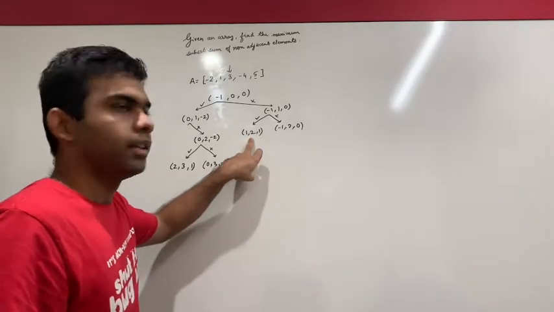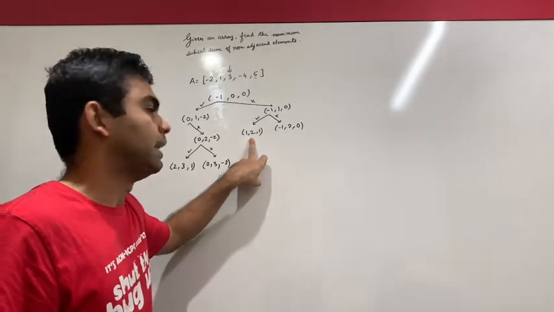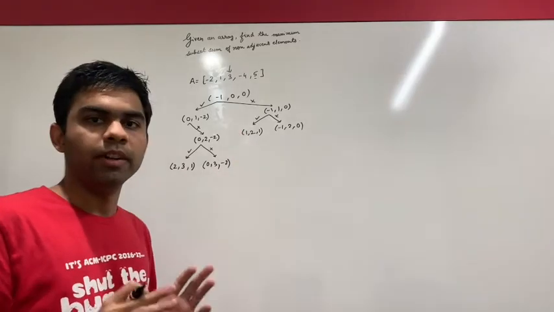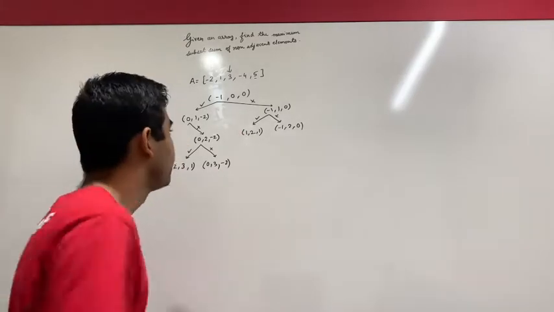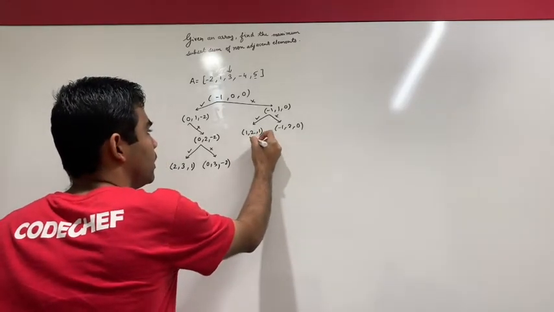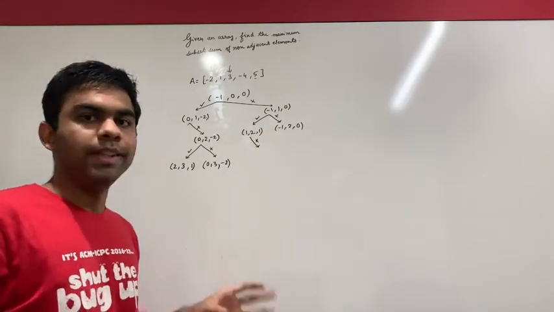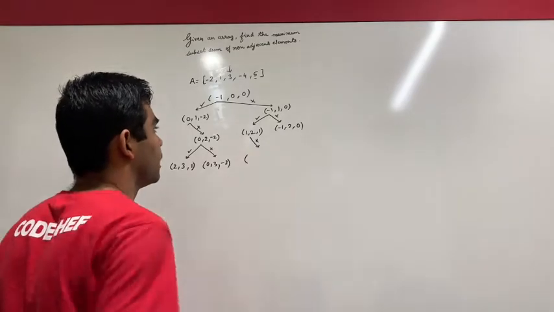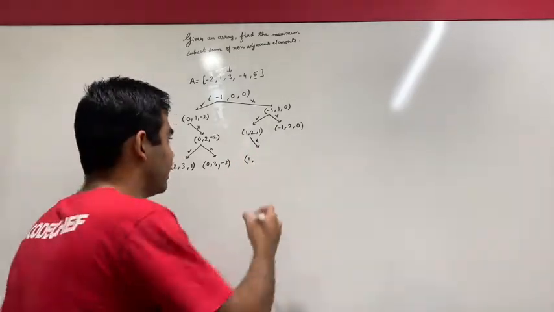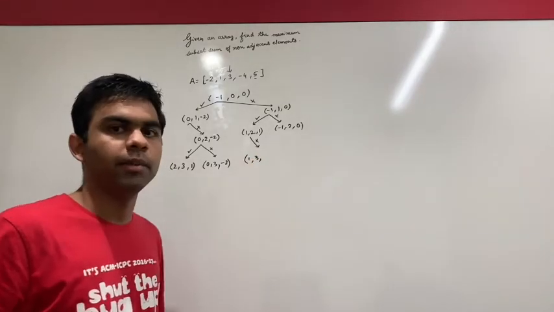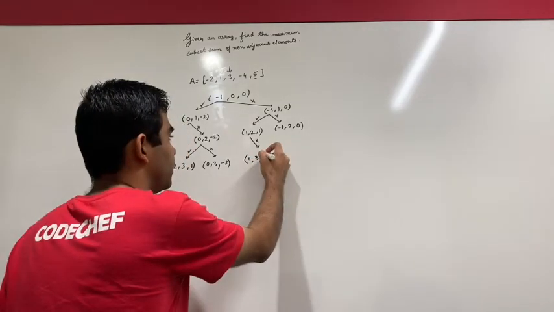So for this case, you might have correctly figured it out that I have only one decision to make, that is to reject the element at the index 2. So the only rejection case will be my last taken index will not change. I'll increment my current index and the sum will remain as it is, which is 1.